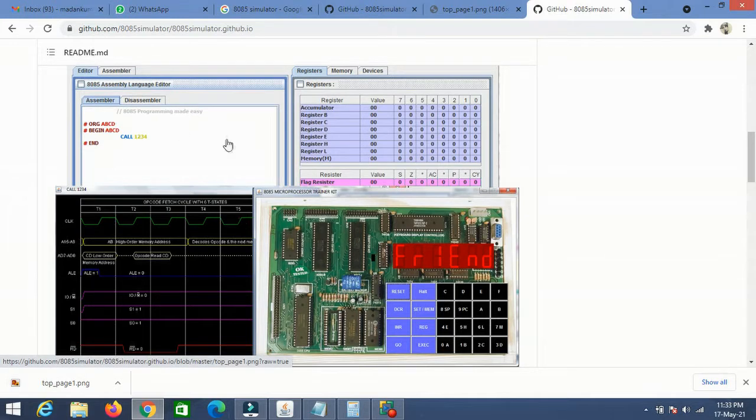Once you get this compiler open, you can easily proceed with the 8085 simulator programs. All programs can be simulated using this 8085 simulator, and you can even visualize them using the virtual 8085 microprocessor kit.